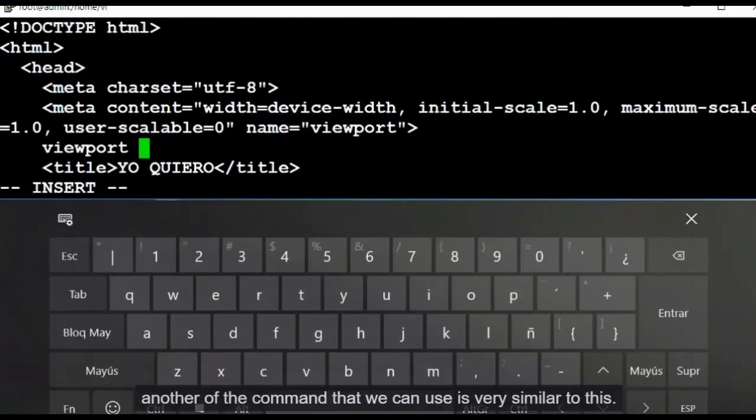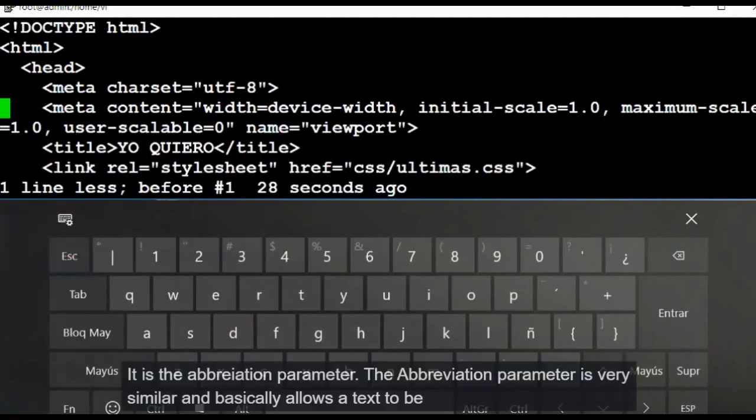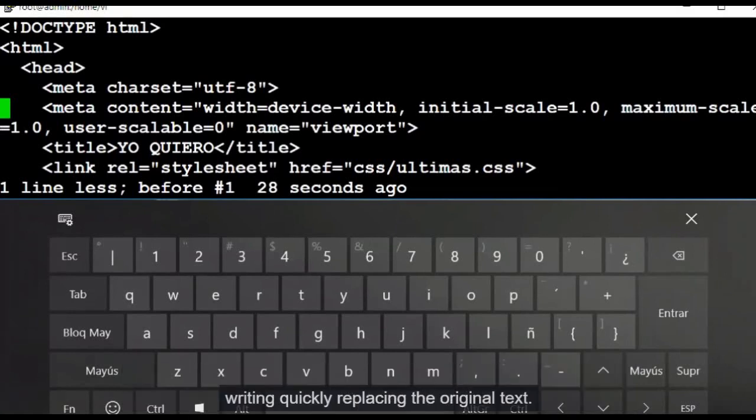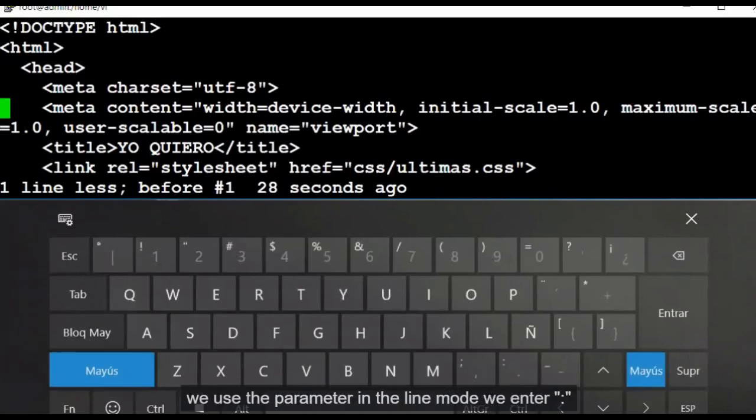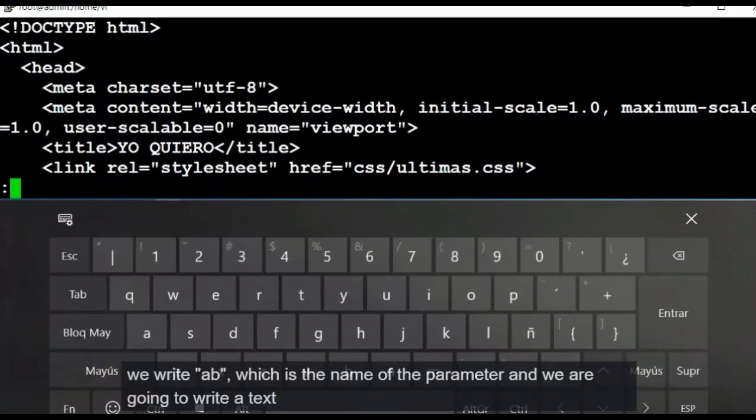Another of the commands that we can use is very similar to this. It is the abbreviation parameter. The abbreviation parameter is very similar and basically allows a text to be written quickly, replacing the original text. For example, let's set up an abbreviation. We use the parameter in line mode, we enter colon, we write ab, which is the name of the parameter,